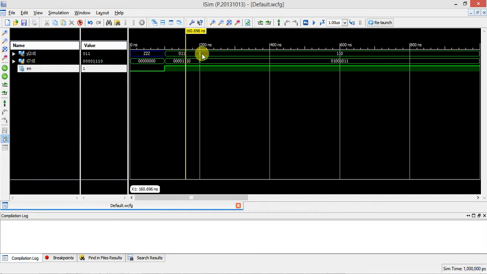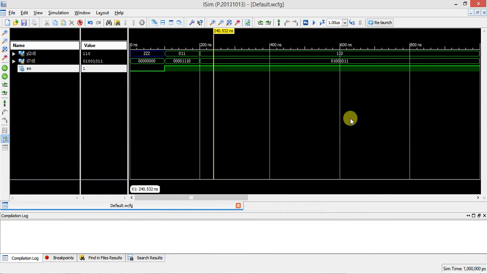Immediately it will encode with 011. 011 means 3. Similarly for the second input, it will check the 7th bit, no, then the 6th bit. Immediately we got 1, so no need to check the remaining bits. So it will directly encode with 110. So this is how to see the output for encoder with priority.